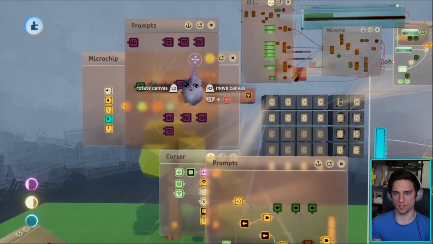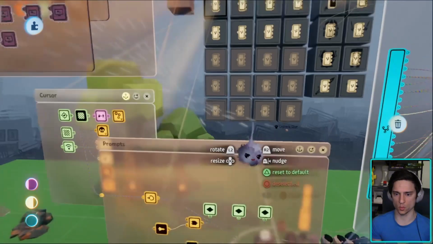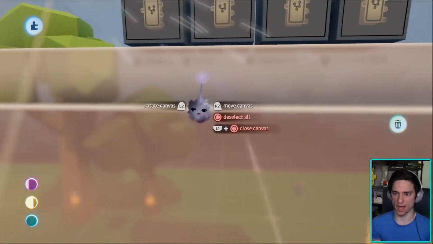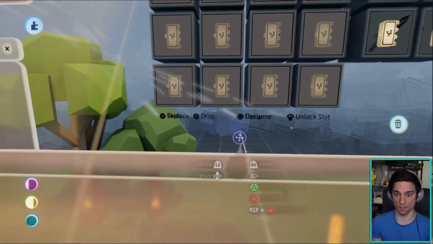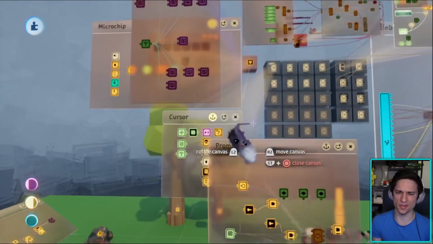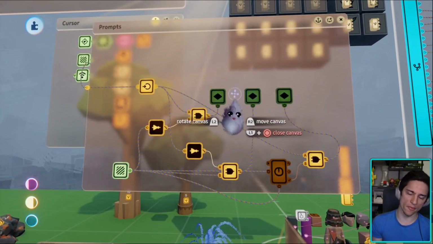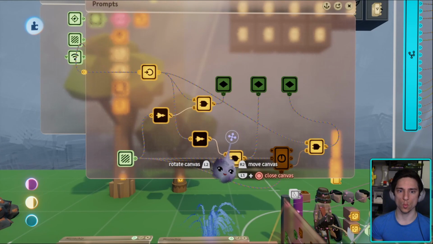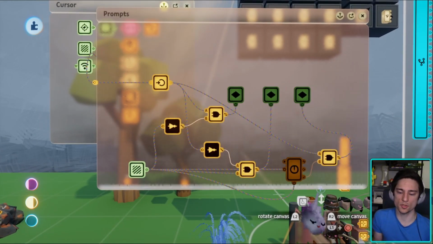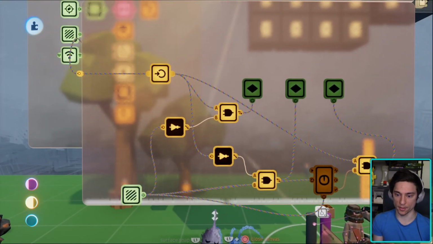So we have the prompts, all right? And if I just do that, you can see all the potential prompts. But all you need to know is basically this logic right here turns on the prompts based on what item we're hovering, or what's happening. So if we're grabbing an item, for example, cursor grabbing,